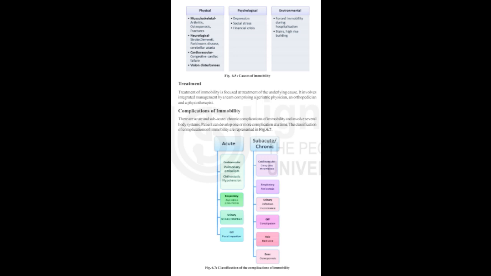Clinical tool for assessment, confusion assessment method, CAM. It is an evidence-based tool that can be used by clinicians to recognize delirium quickly. It is also useful in differentiating delirium from other causes of cognitive impairment.